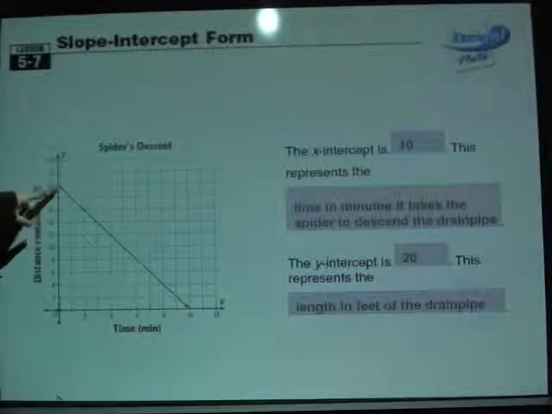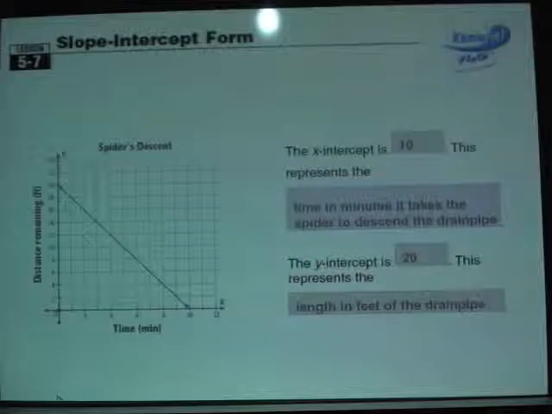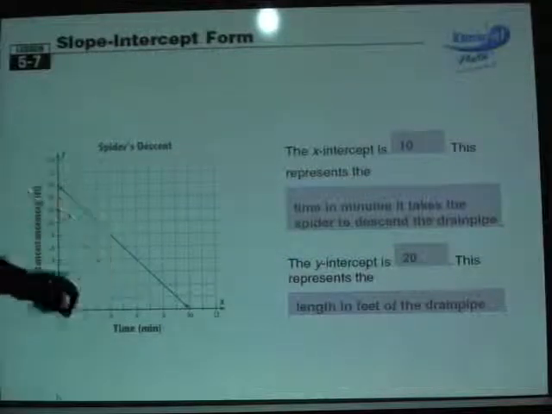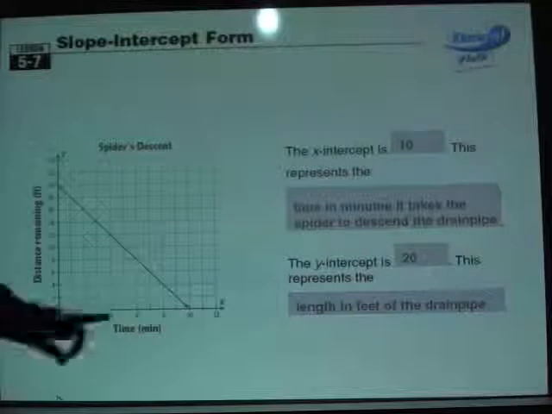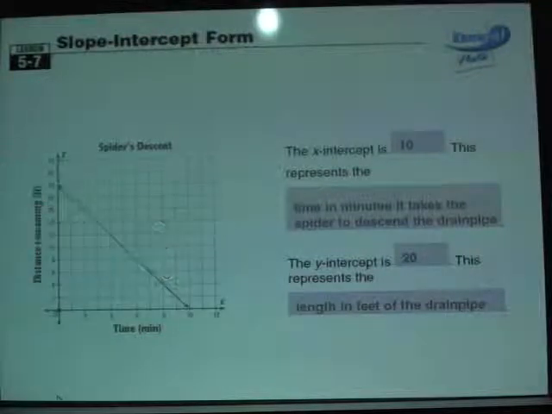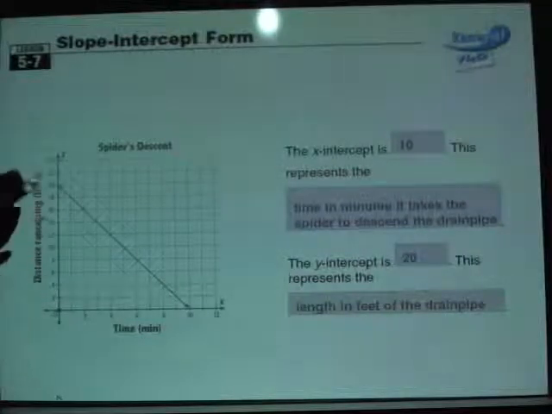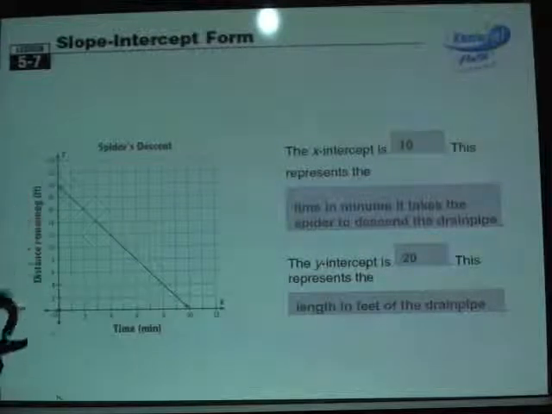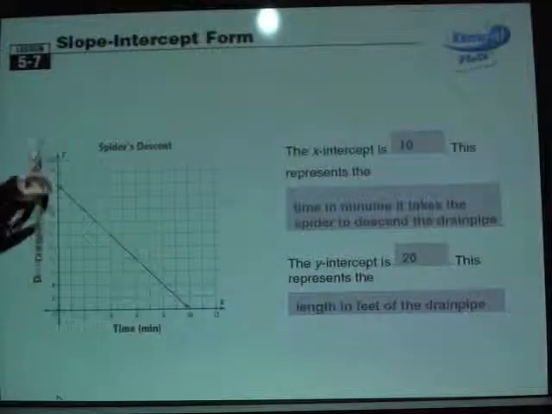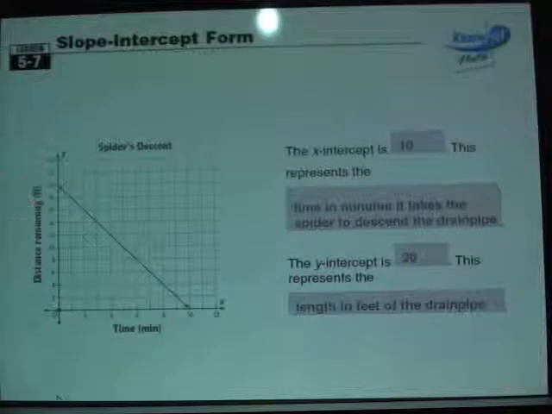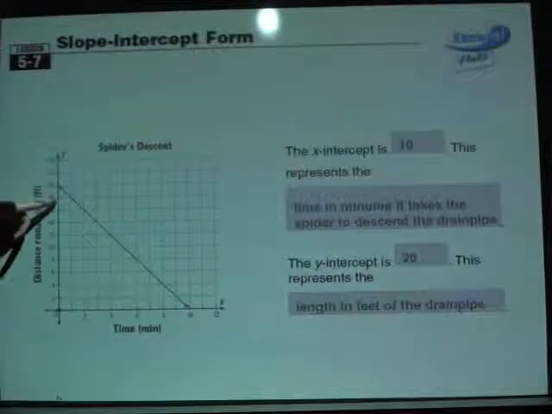And then my slope here was negative 2 over 1. So that means I'm going to rise negative 2 units, which really means I'm going to go down 2 units. And then my run here is 1, which means I'm going to go to the right 1 unit. Now notice here, why you might be a little bit confused, but I'll straighten it out, is that this set of grid lines here is going by 2s. So when I say I'm going to go down 2, I'm actually going down 1 jump, because